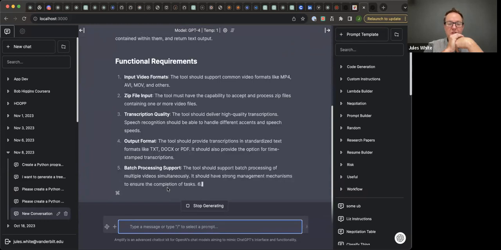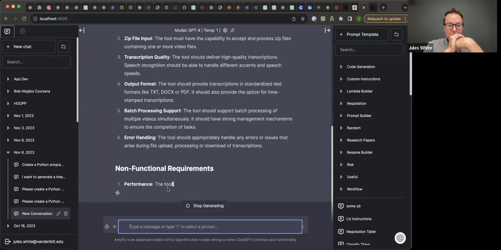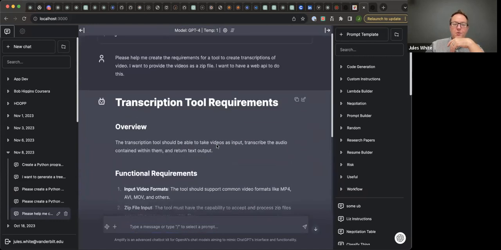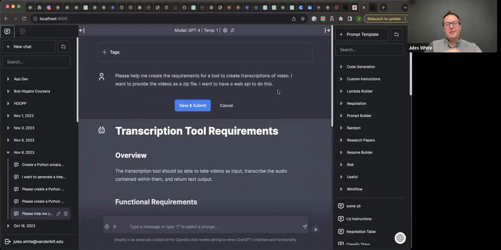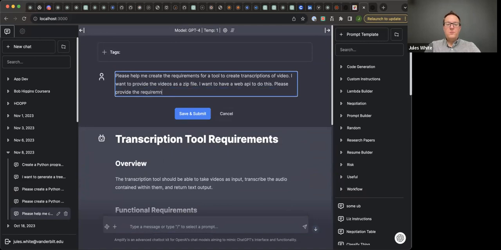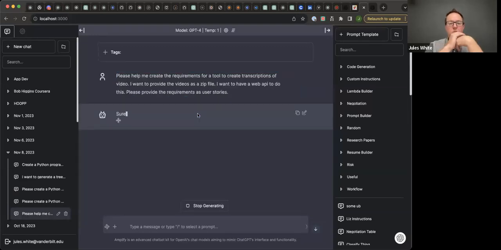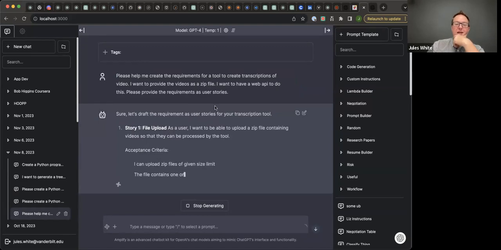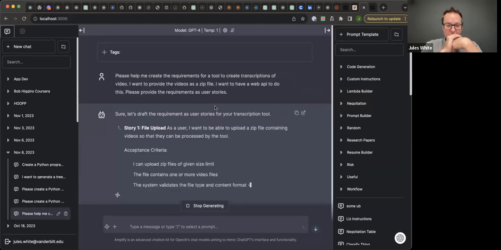what are all the different features it should have, things like that. Now I'm going to just stop this here, because typically I wouldn't want them written out like this. I would want them as something like user stories. So I would just go back and say, please provide the requirements as user stories. And giving whatever format you want is kind of nice,